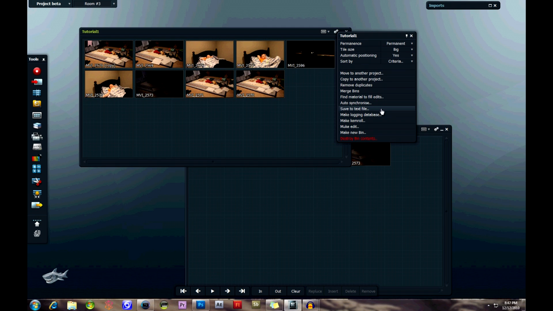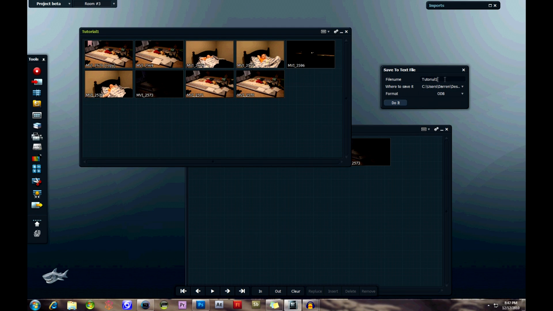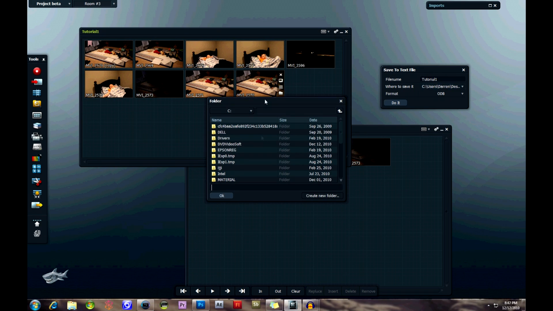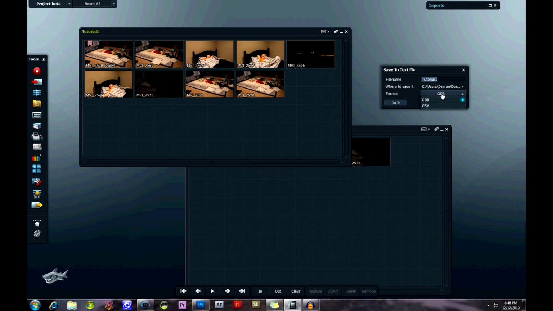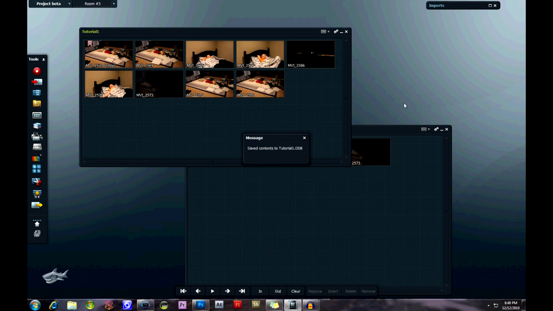Let's see. We also have synchronizing, saving to a text file. All right, let's cover that. You can save this. You can change the name, and this is going to make it like a playlist where you save it as a text file. That's basically what this is going to do. So you could change your destination. Let's see. Put it on the desktop. Okay. And you can change the file type, and then click do it, and save the contents of tutorial 1